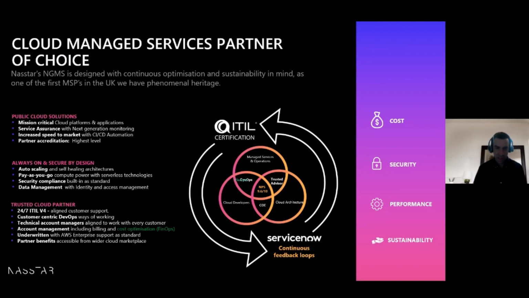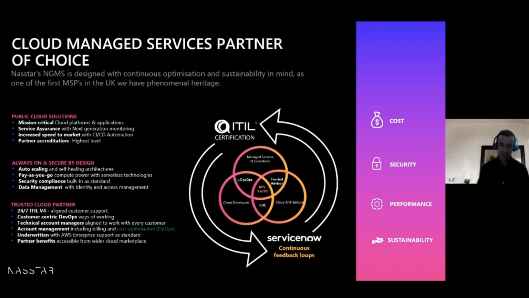So I'm not going to go through this full slide because it's quite a busy slide, but this is a slide that we use to represent what we call our next generation managed services. Any of our organizations that are already working with us in public cloud, Azure and AWS, we approach everything in a customer-centric DevOps way. By doing that, we overlap our managed service management and operations area with our technical practices of developers and architects, and we create this DevOps community where they've got a constant focus on SecOps, FinOps, and these functional outputs.